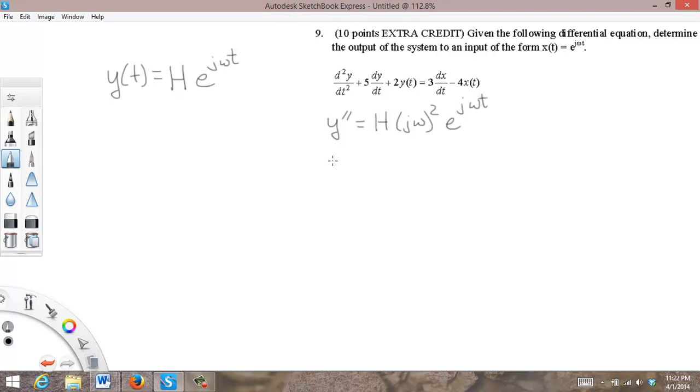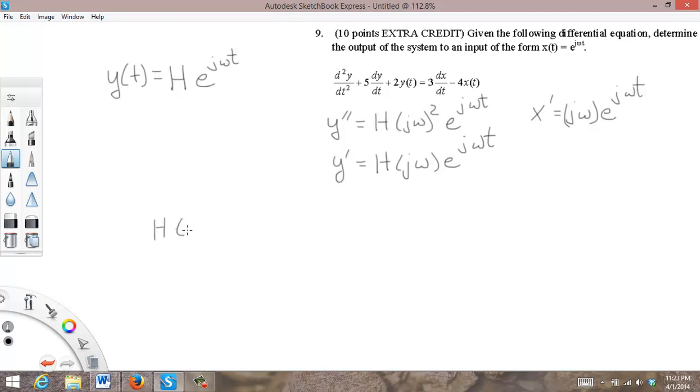The first derivative of y, abbreviated y prime, is going to equal h j omega e to the j omega t. The derivative of x, we'll call x prime, is going to equal just j omega e to the j omega t. And then plugging these back into the differential equation gives